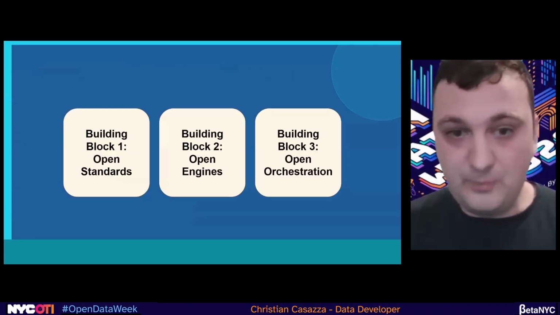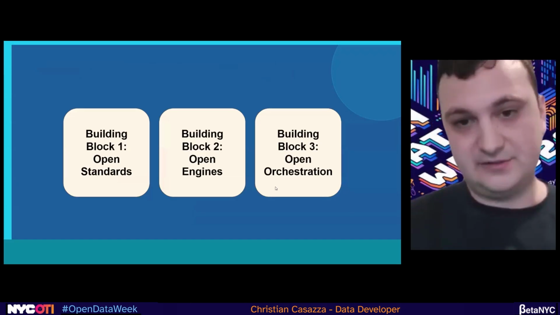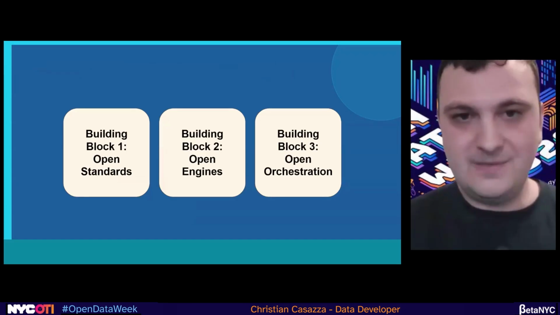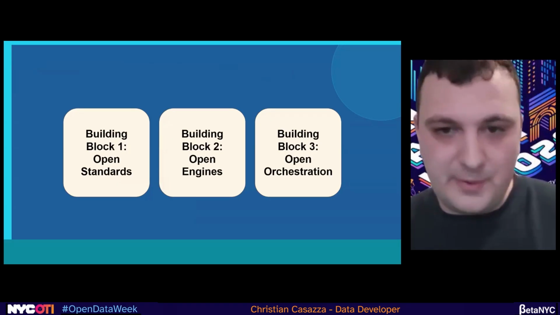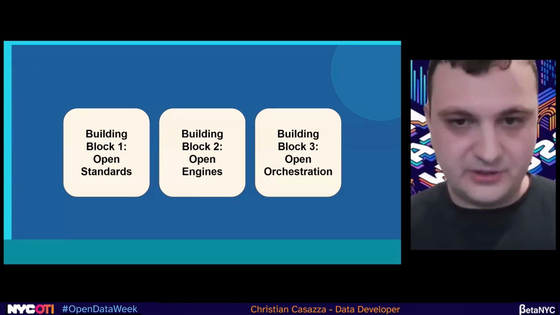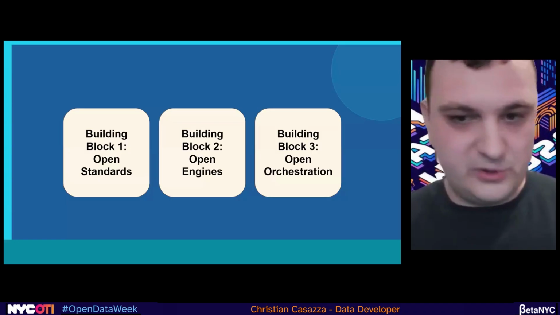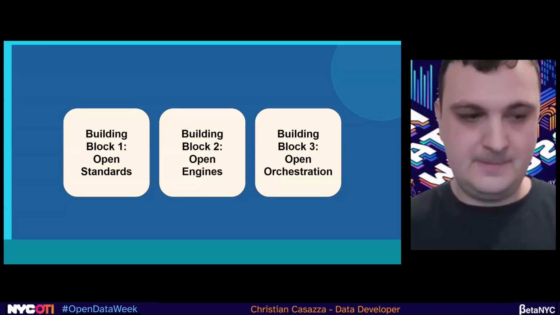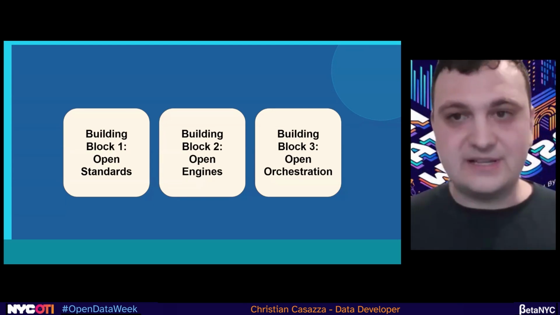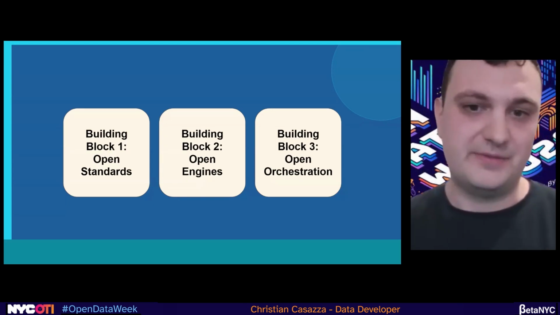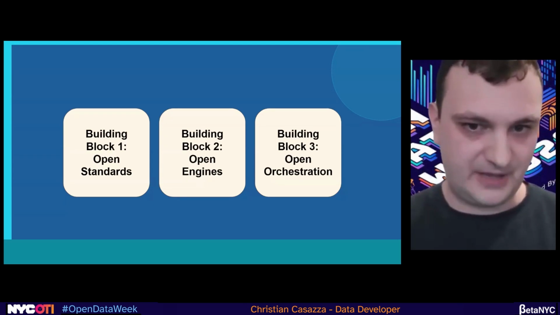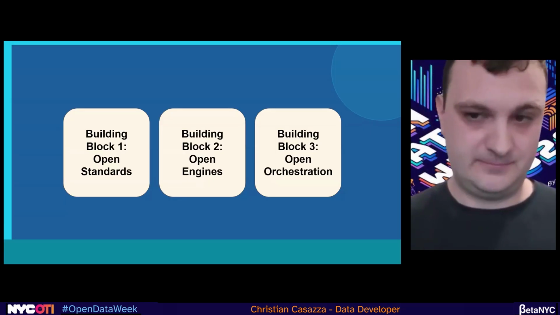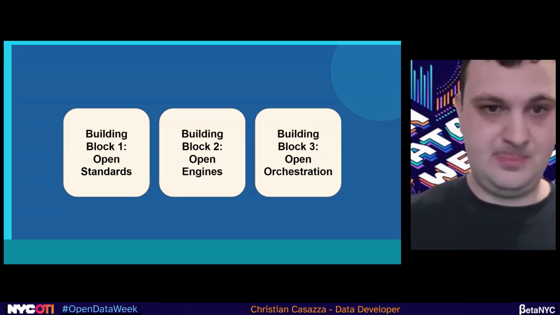Cool. So think of these 3 building blocks. Open standards make it so you're never locked into a particular provider. Your data is always safe and can be interoperable and extremely performant. Open engines means that anyone can, from their computer, query that. You don't have to pay a fee in order to use really good technology to calculate data. And open orchestration means that we can build on that, add more arbitrary complicated data pipelines without having the complexity overwhelm us. We can let Dagster handle that.